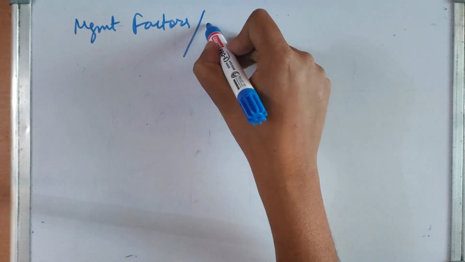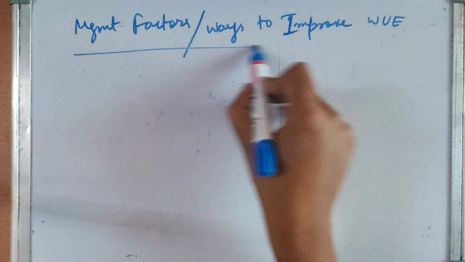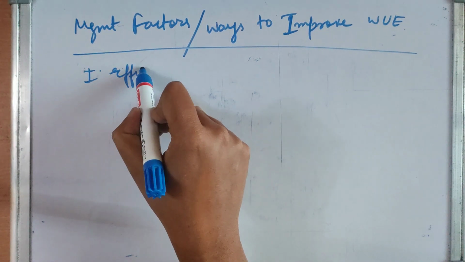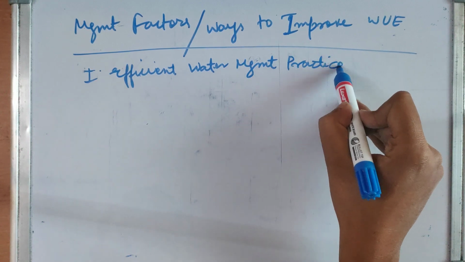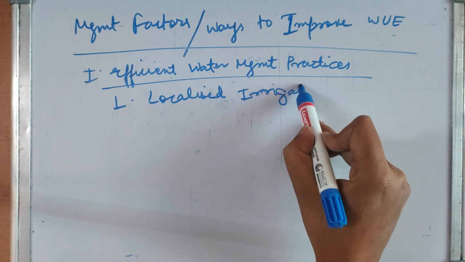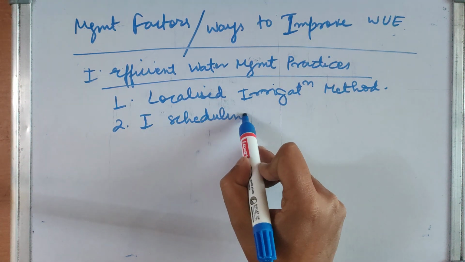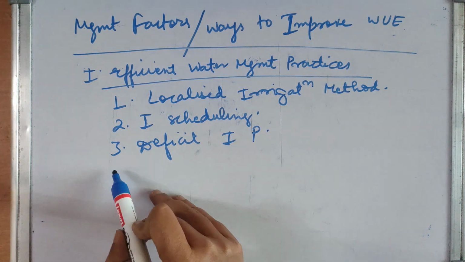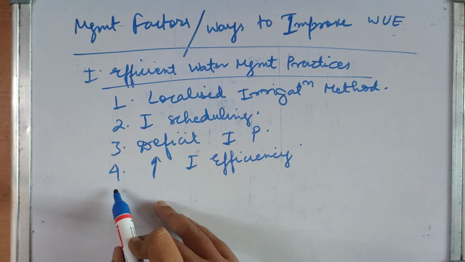The first one is efficient water management practices, such as localized irrigation method, irrigation scheduling, deficit irrigation practices, improving the irrigation efficiency, irrigation water pricing,